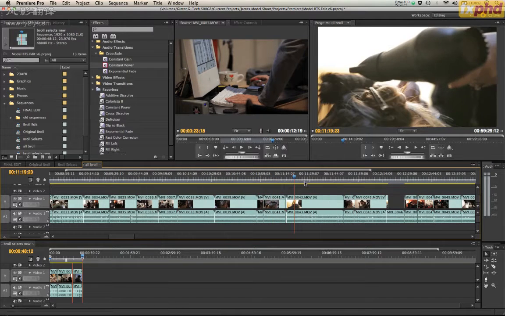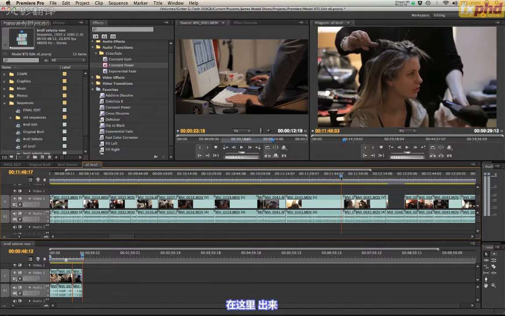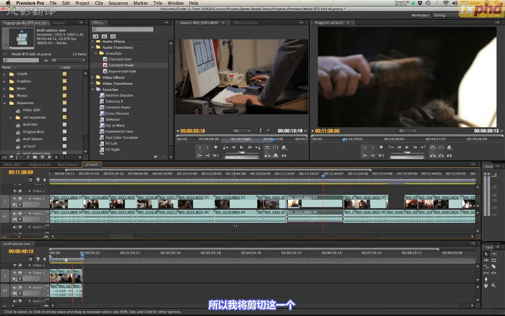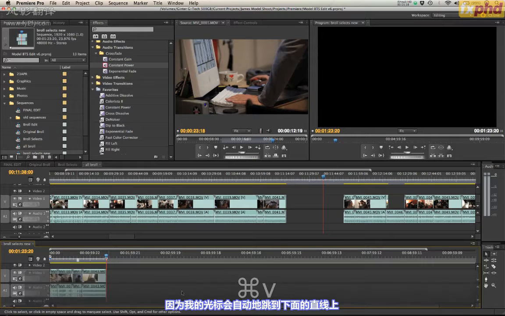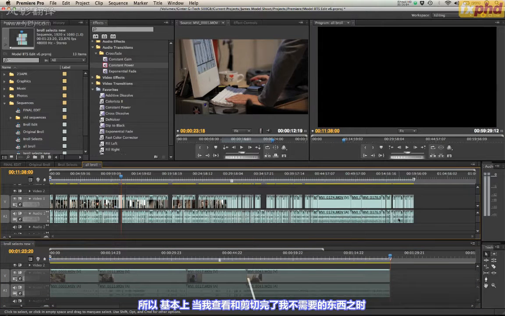And I think this was a nice shot, yeah. Their hair coming up. So I'll go ahead and cut this one out. And once again, I just have to click down on this B-roll selects and paste because my cursor is automatically jumping down the line. So basically, by the time I'm done going through and cutting out all the clips I don't want,